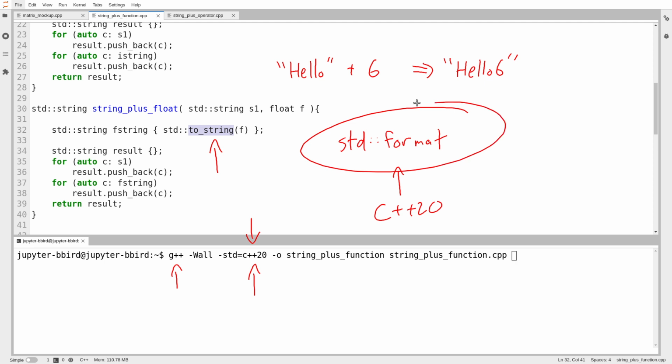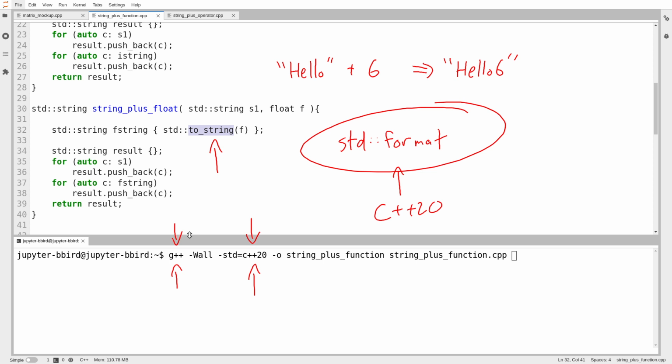And a weird sort of fact of life with C++ compilers is when a new standard comes out, it actually takes a couple of years for compilers to actually fully implement it. And G++, as of January 6th of 2022, does not fully support C++20. Although I should add, there are newer versions of G++ than the one I'm using. I'm using the one that came with my operating system, which came out around